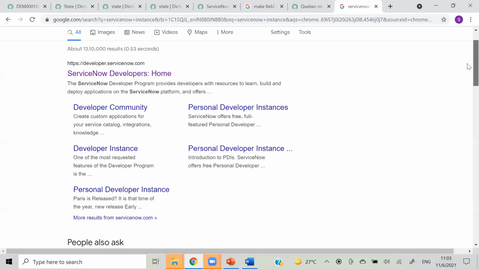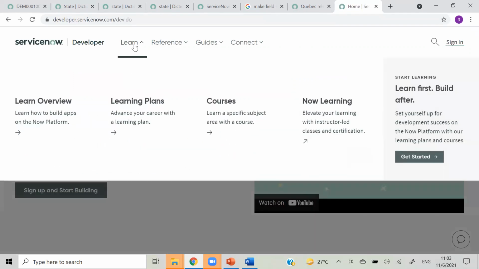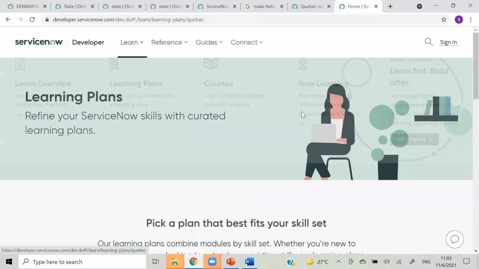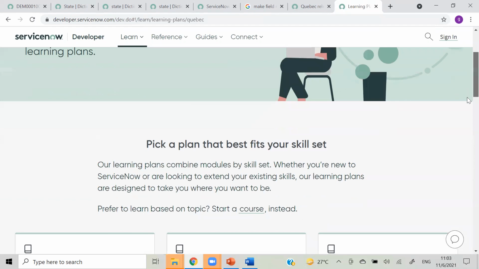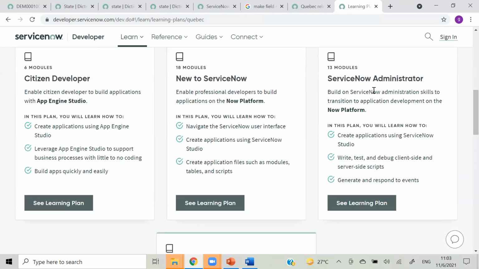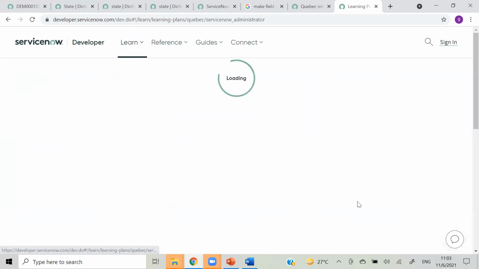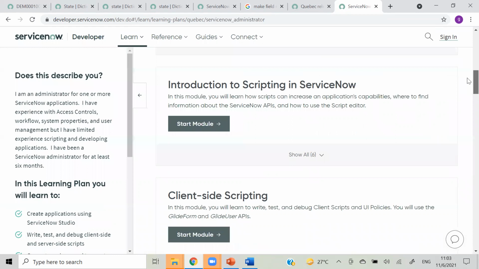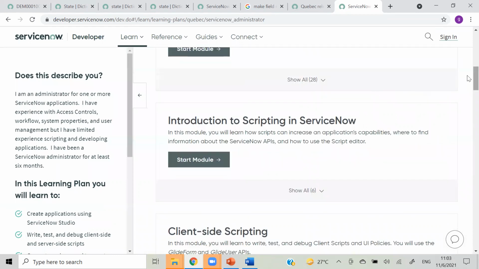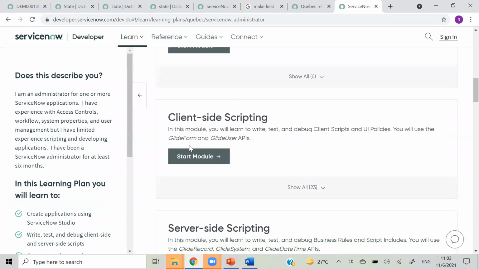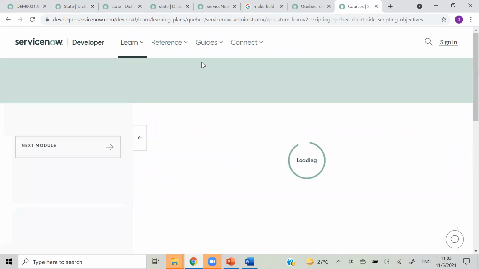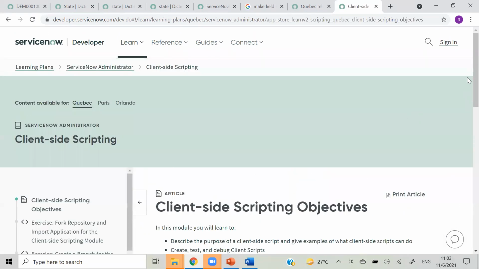I will go to developer.servicenow, and on the top you will have this learning plan. You can open anything from here. Scroll to the bottom. Here is your ServiceNow administrator plan. Click on that. It will show you introduction to scripting, how you can write client-side script, how you can write server-side script. You can explore each and every one, and you will get that document there.